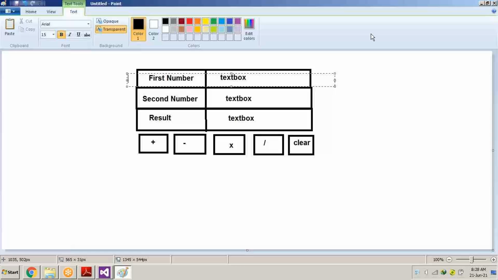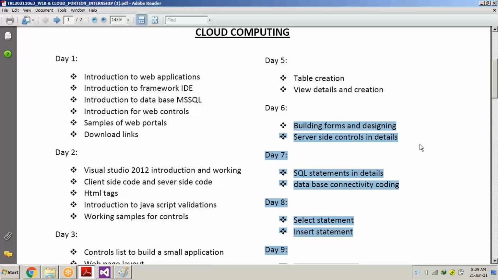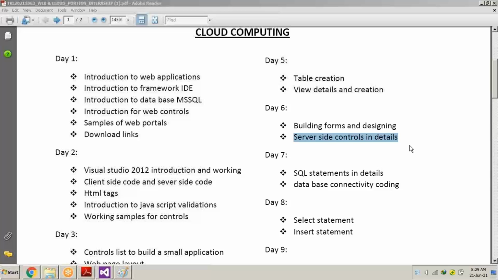So I believe the things we are discussing on the 6th day, building forms, designing, and using some server side controls, have been learned in detail. So it's not a very big thing.